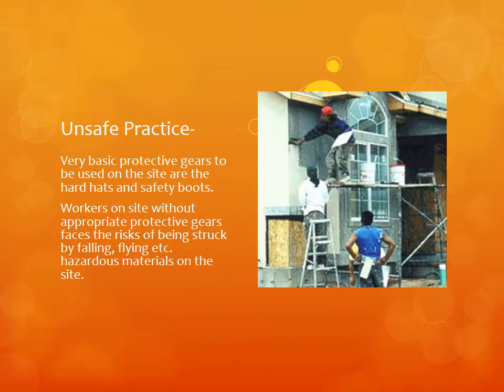Some samples of unsafe practice. You can see clearly in this picture, this is a work platform. This work platform is not safe for the workman, or the workman in particular that is on this platform is not safe. So these are things that ought not to be tolerated. This is a basic deviation from safe work practice. Where you tolerate this, you're exposing this worker to the risk of falls. This is a very, very unsafe practice, an unsafe act.